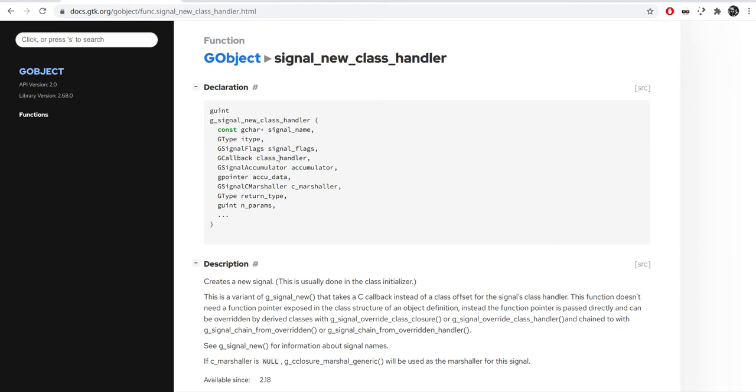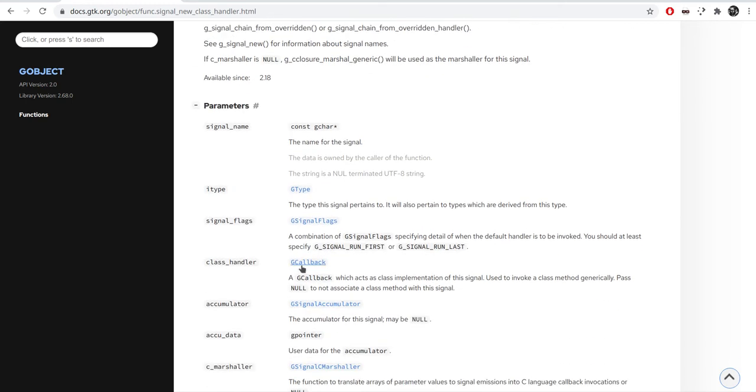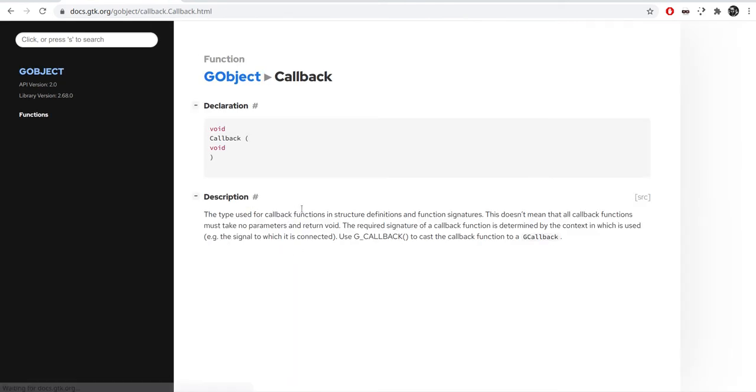Maybe we'll get into why you would want to utilize that in a later video, but for now, let's not go there. This version of the function wants a standard C GCallback function. Now, what is a GCallback? Well, if you go ahead and click on it, it'll tell you that it is basically just a